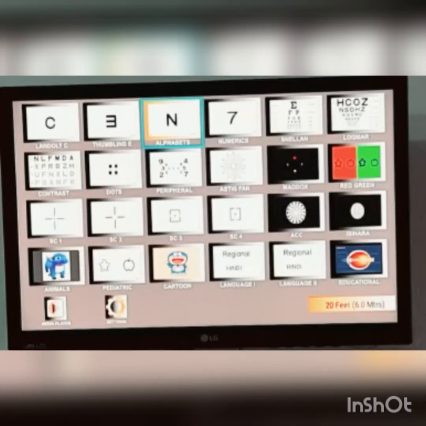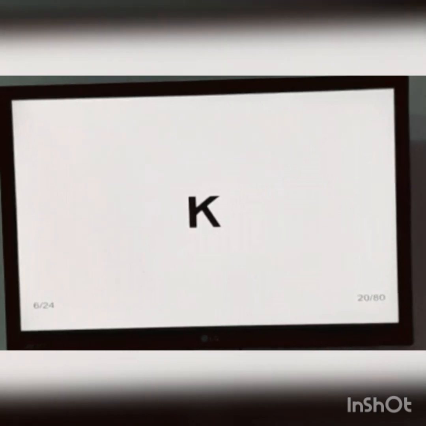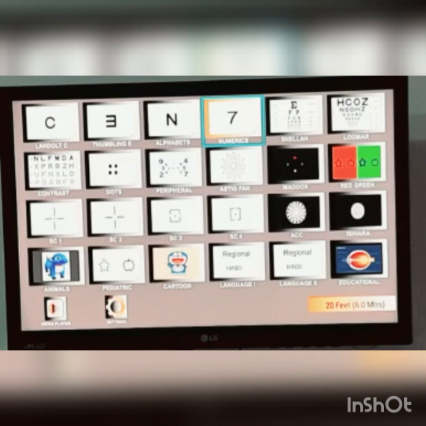The next we have is the alphabet chart. Alphabet chart is also used to check the visual acuity of the patient in certain chronic conditions. When patients come at regular intervals of time for the measurement of visual acuity, they learn the letters and patterns of the chart. So this chart is used as an alternate chart in place of Snellen's chart, so that an optometrist can measure the right visual acuity and the patient does not misguide in measurement of visual acuity.